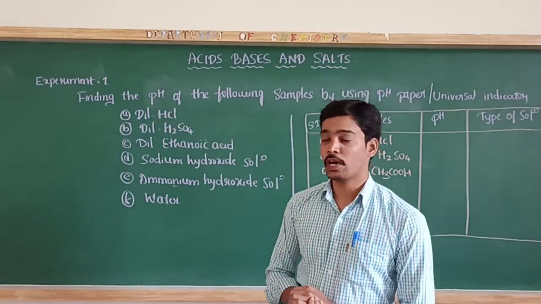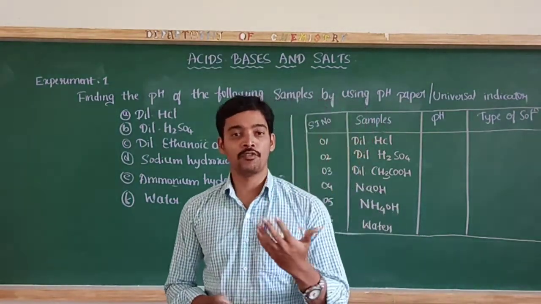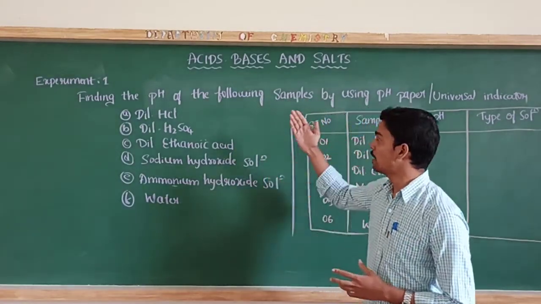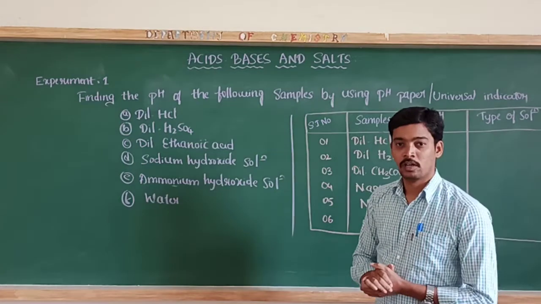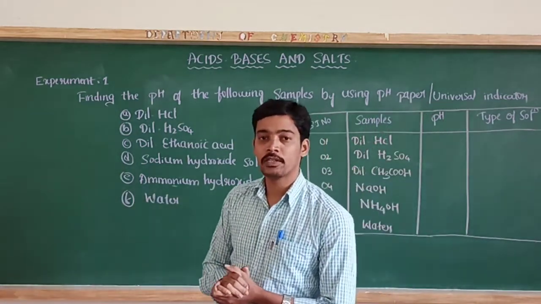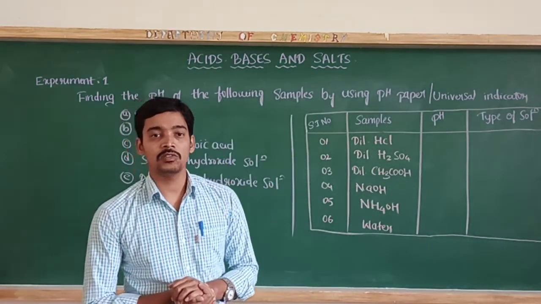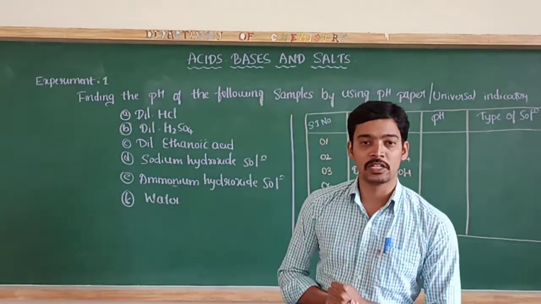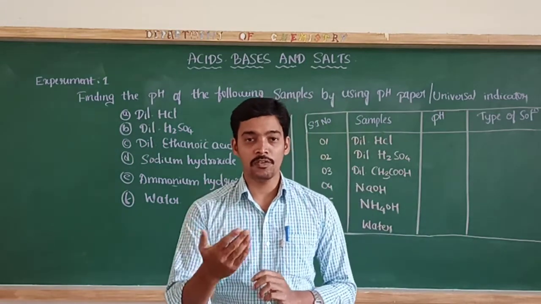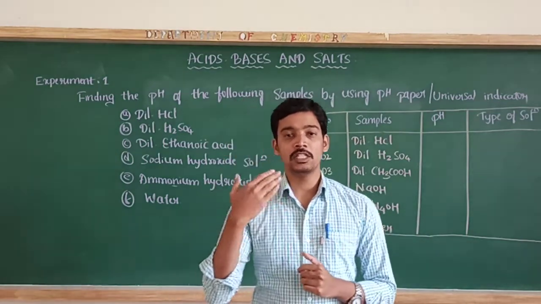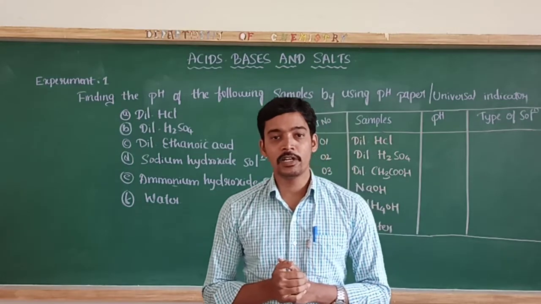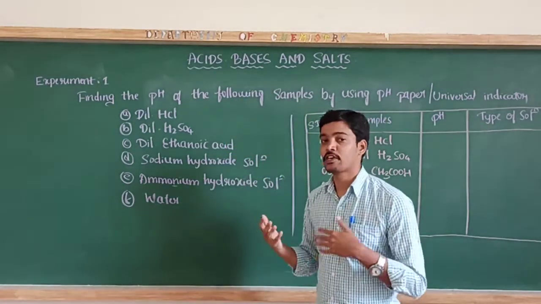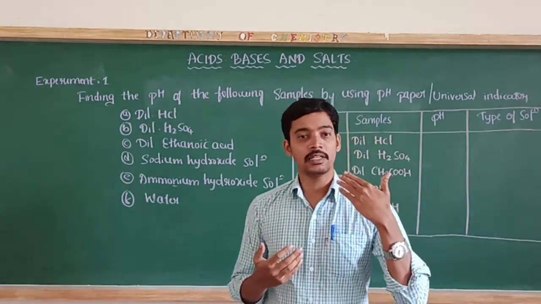And in this class we are going to discuss and perform a simple experiment related to your chemistry concept, that is acids, bases and salts. Dear students, you are familiar with these compounds. Any chemical substances, any chemical compounds are classified into three categories: the acids, bases and salts on the basis of their pH value. Then what is this pH? pH indicates the power of hydrogen. The power of hydrogen decides whether the given solution is acidic, basic or it is a salt.